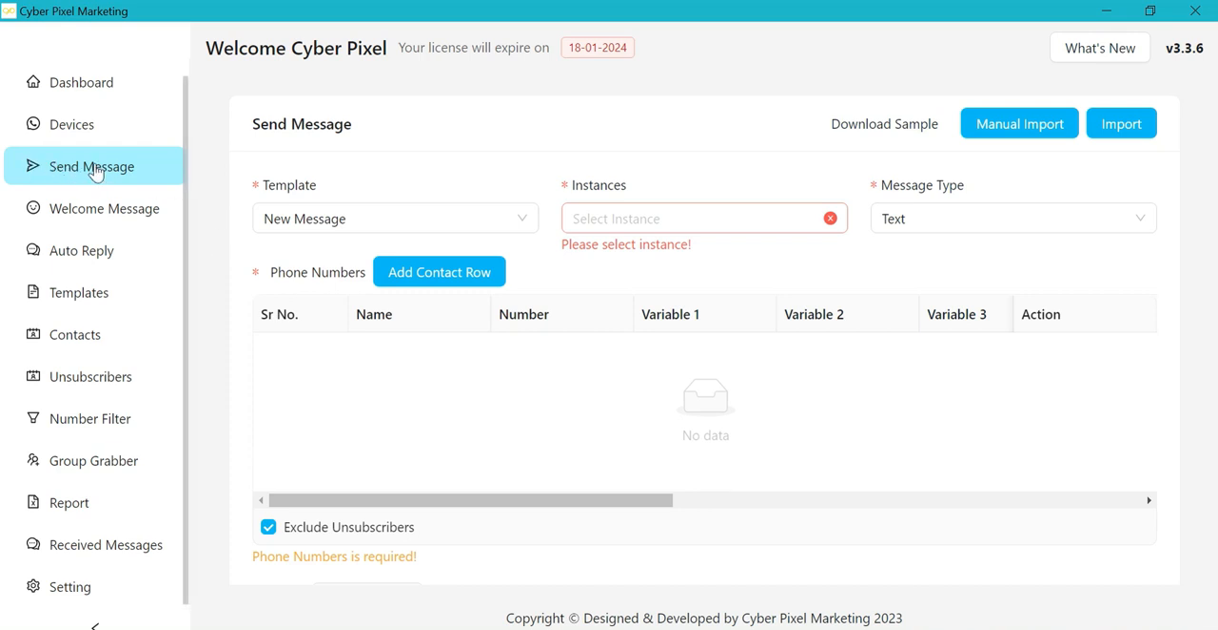This section is the send message section. Here we will see the functions of the system and how it works. Basically, this section is for testing the messages before making our template, before making the welcome message or any other